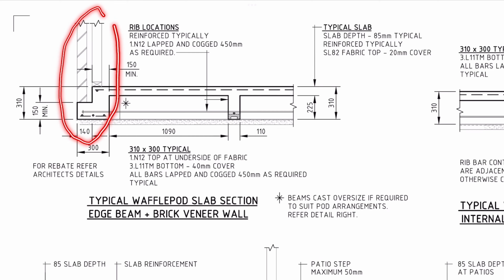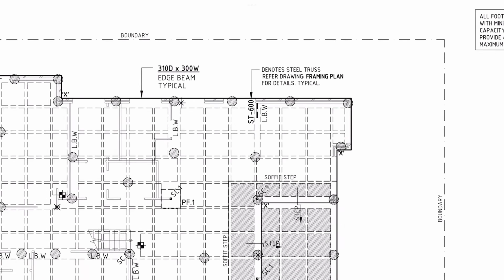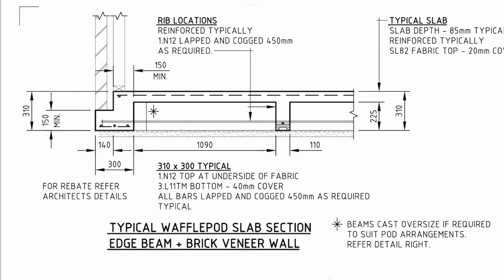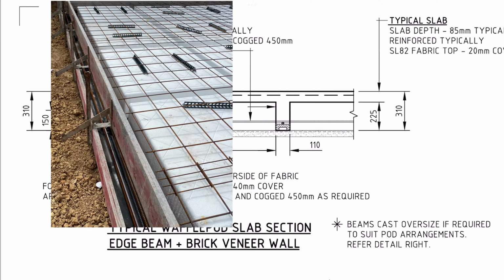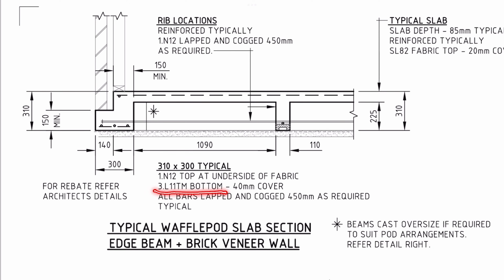On this side we have a brick veneer wall, which consists of a brick and a timber wall separated by a gap. So if I go back to the plans, you can see these walls here. So brick on the outside and timber on the inside, and where I don't have anything, it means there is a door or window or any sort of opening. Going back to the detail, this edge beam is 300 wide by 310 deep with 3 L11 TM at the